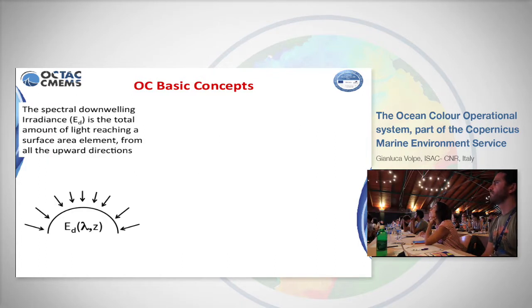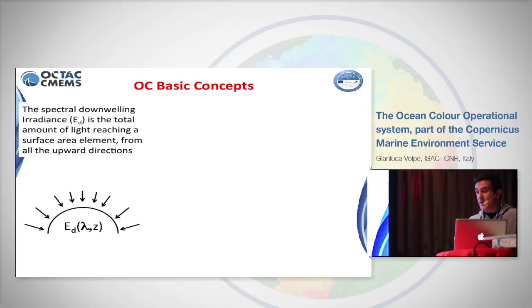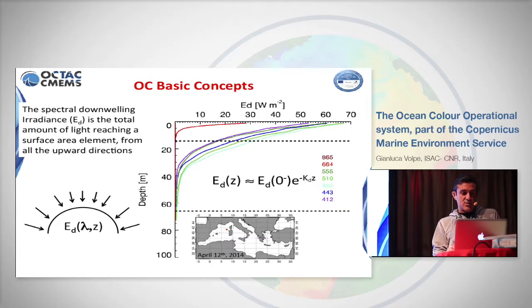Among them, we have the spectral downwelling irradiance, which is defined as the total amount of light reaching a surface area element from all the upward directions. This is an ED cast we took a few years ago, not so far away from here, and as you can see, it decreases with depth according to the Lambert-Beer law,